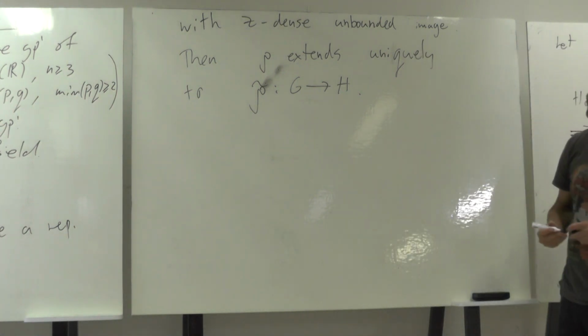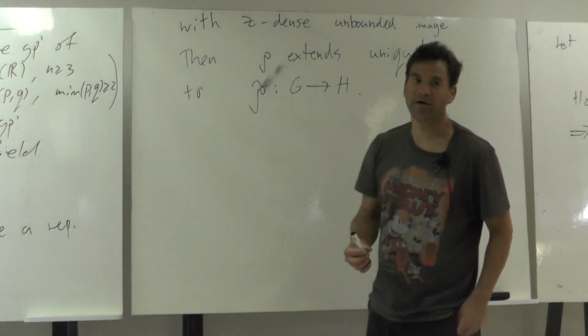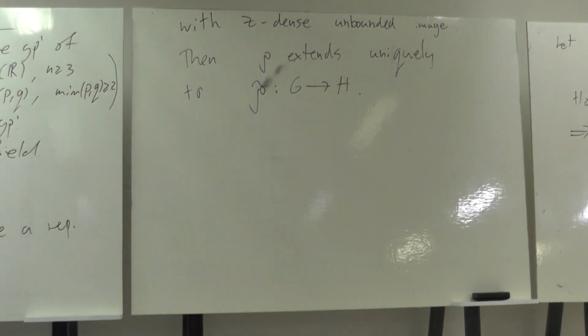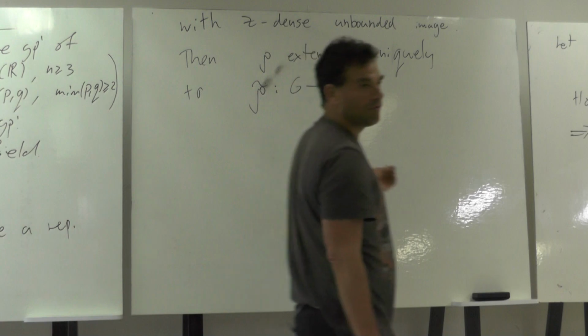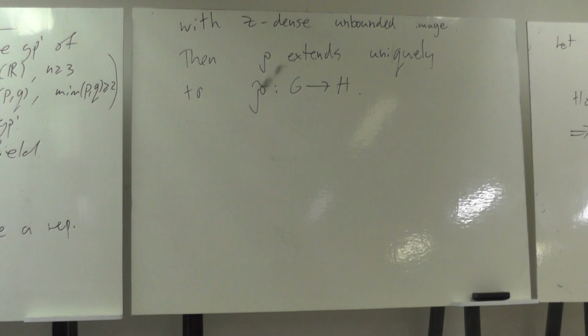So Nir proved this theorem for the specific case where gamma is SL3Z. The assumption was a bit different, and the conclusion a bit different, but you can show it's equivalent to this. The strength of this theorem is that it's not just for SL3Z; it's for any lattice in SL3R.